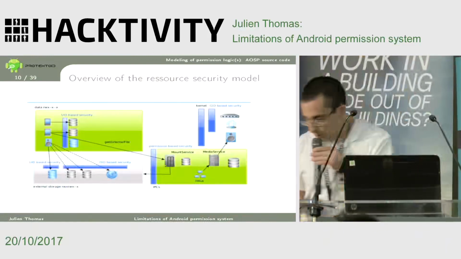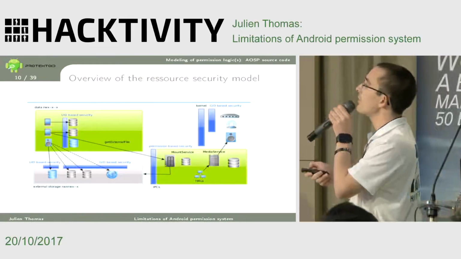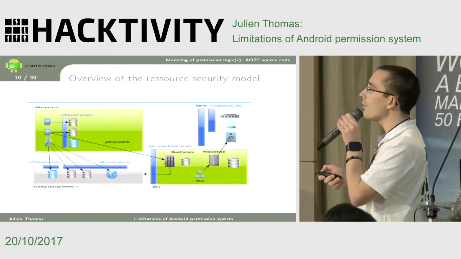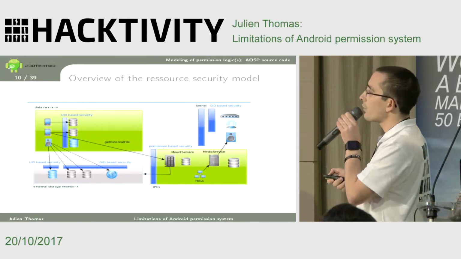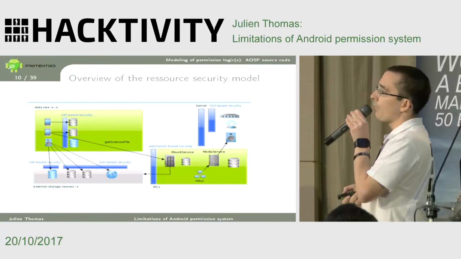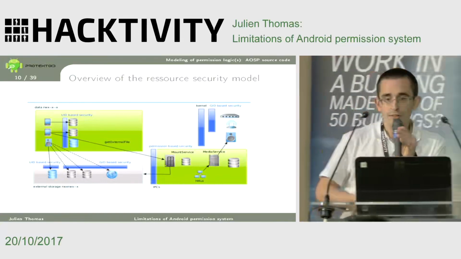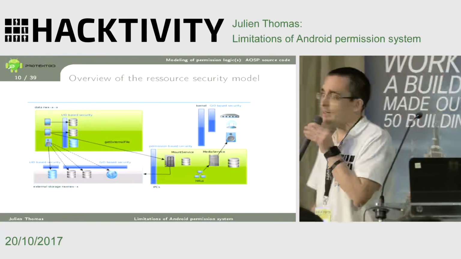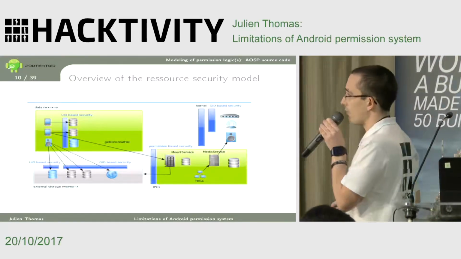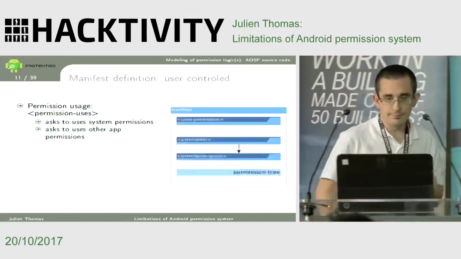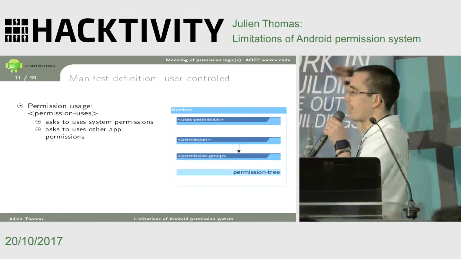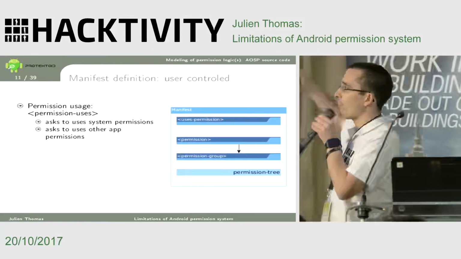So if we summarize very quickly, what does that mean? Here we have the local file system that is protected at the UID level. Here you have the services that are called through IPCs that can access resources through permission conditioning, so that's implemented by the services, or by a group, which is implemented at the kernel level. So that was for how resources are protected in a very general way.